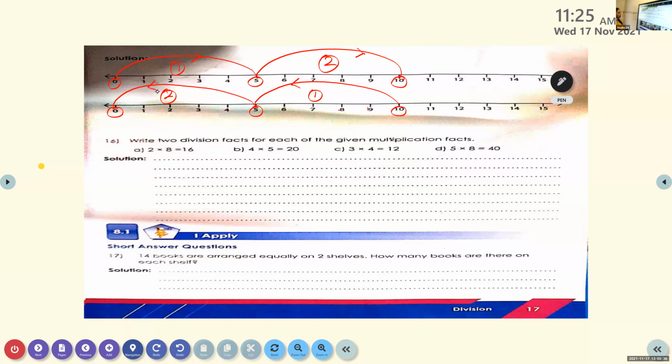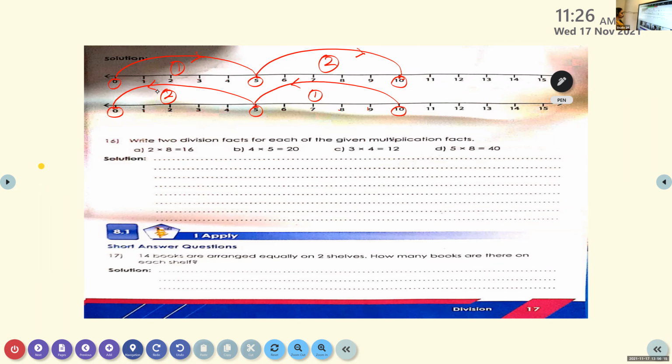Okay. So this is the reverse operation. One is going forward, the other one is going backward. That's only you have to show. In multiplication, you have to start from 0 to many. And in division, you have to start from many to 0 because many things will be there. That many things has to be shared with everybody and it will become less in your hand. At last, it will become 0 when you will share equally, isn't it? Okay, only this much is to be shown. That's all, it's over. Okay, Arav, good.